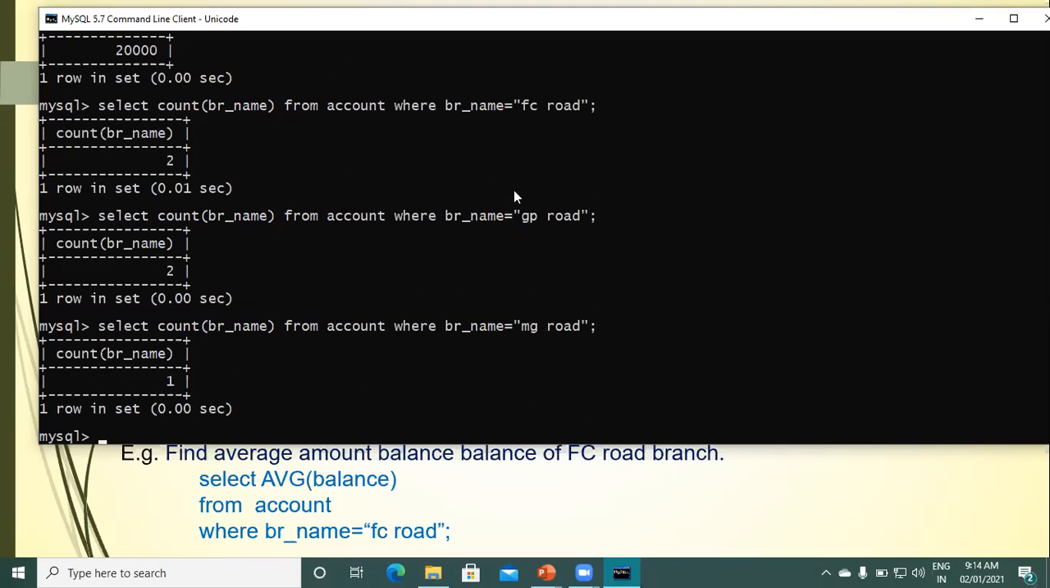And if you want to calculate the total number of branches in our account table, here we use the distinct keyword. Distinct, we check first, select distinct count br name from account, and here we don't specify the where clause, we check first and then we conclude. Okay, total 5 branches are there, that is repeatedly we get, that is the distinct keyword